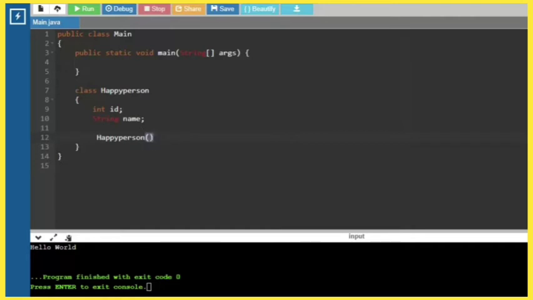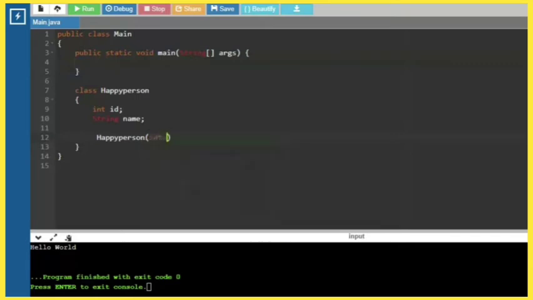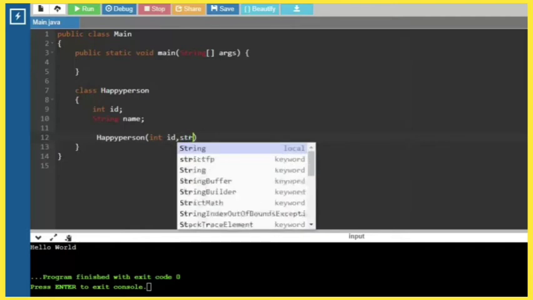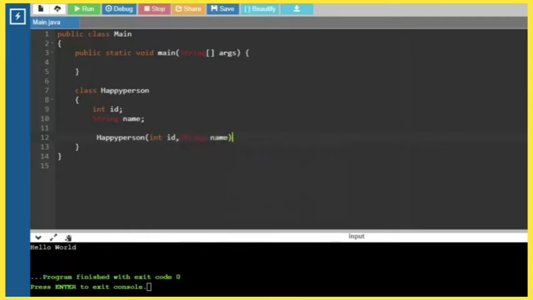So next, we have to create a constructor. For this we will create a constructor with the same name as happy person, like a method. That's it. The difference between this and that is the class keyword and brackets. That is, we use constructors like a method using the same class name.